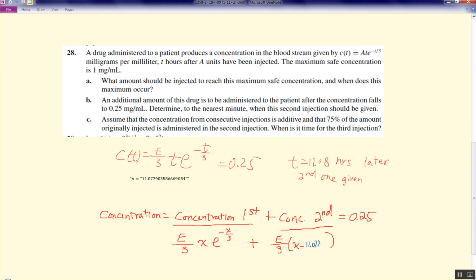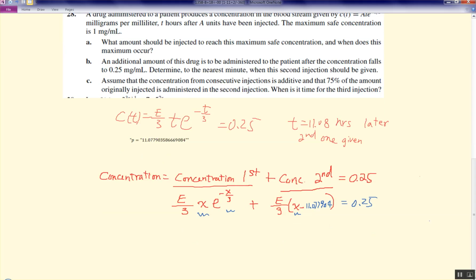For now, I'm going to just use these, but the more digits you use, the better. In your program, type in 8 digits if possible, equals 0.25. So if you're able to figure out the x, that's the time you should give the third injection. Again, this equation is not yet a root finding problem, so you want to convert that to a root finding problem by